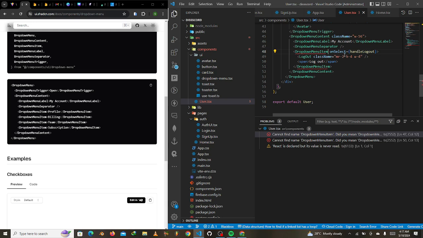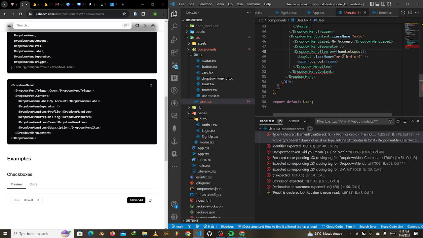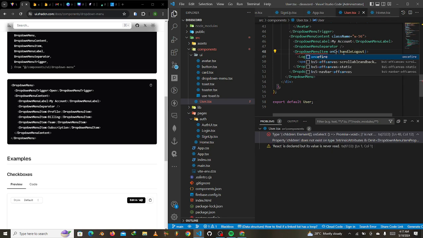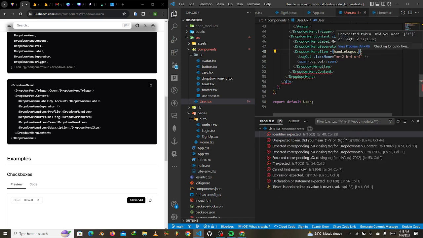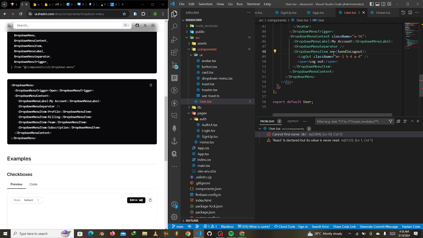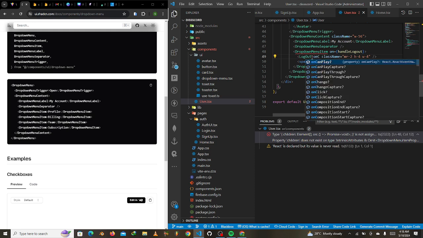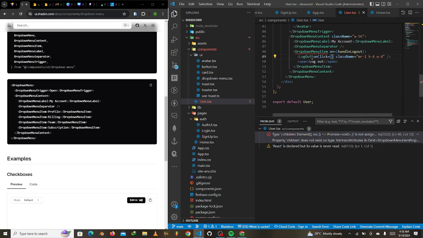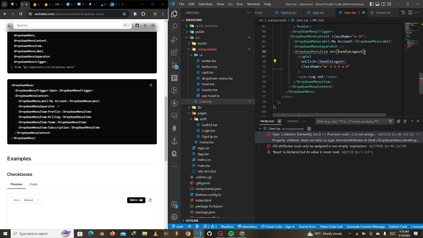Okay, so I just added that. Let me add an on click. Okay, we don't have on click, so on select. Okay, that could be the issue. So what I'm going to do is basically I'll try to add the on click here. So I'll copy this and paste it here, and then I'll remove this, and then you'd see